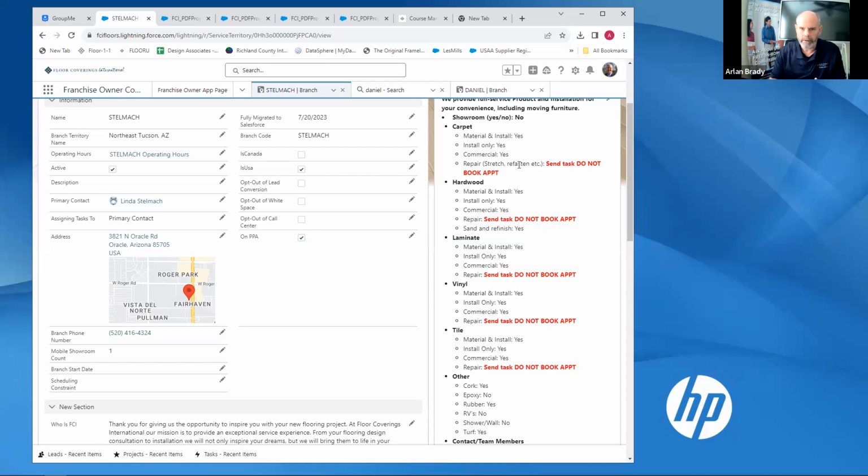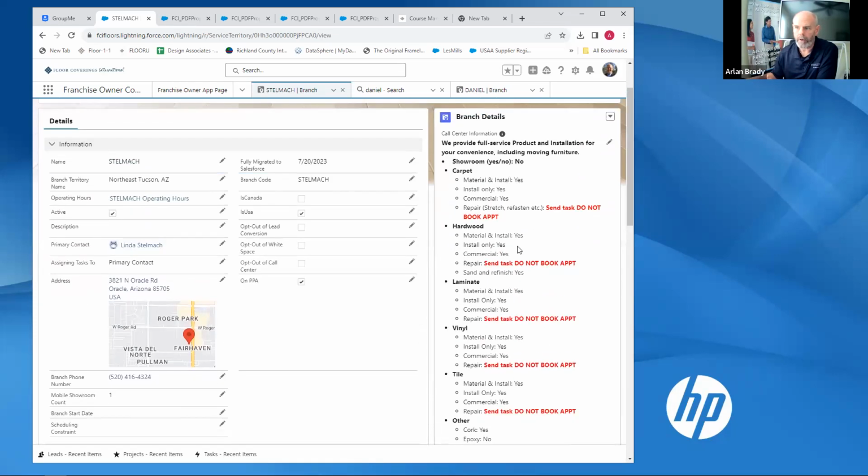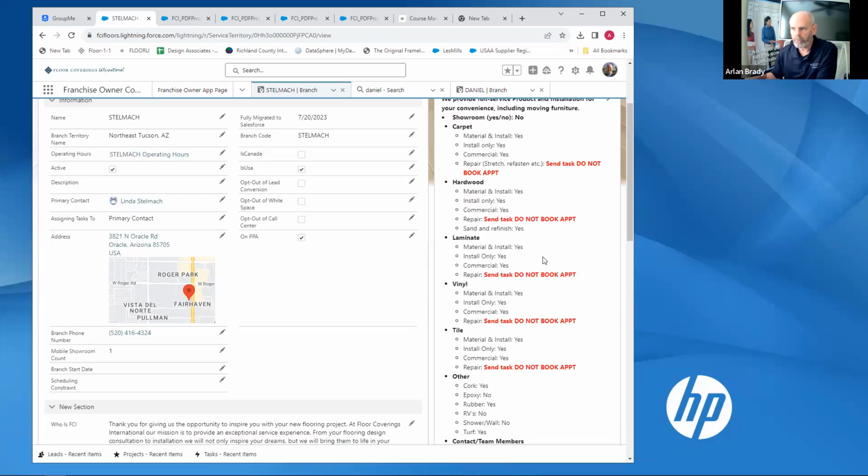So what could that look like? It might mean Linda's trying to figure out whether or not there's other projects that could be available. Who knows? All sorts of different scenarios, right? You can imagine all sorts of things. But this is the list that you are going to have, and I'm going to show you how to very easily put this list in your branch. But this is what you're going to want to be able to tell the call center in very, very clear